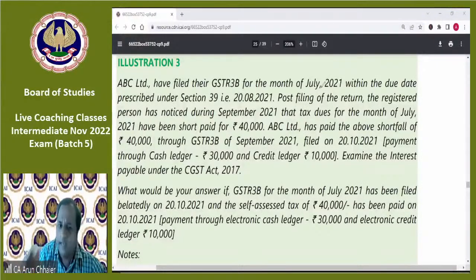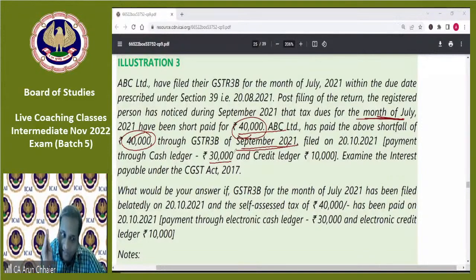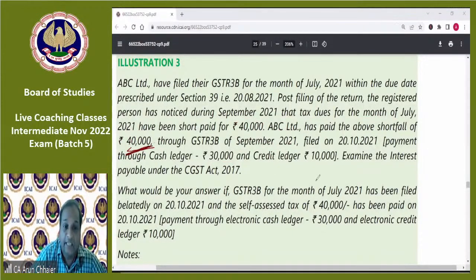Kindly give me the simple answer: whether the 40,000 which is being added in September, can we say that liability is being added in the same tax period or a subsequent tax period? Answer is subsequent tax period. The 40,000 pertains to July but has been added in September. So therefore, would interest be applicable on 40,000 or 30,000? Answer would be the gross tax liability. So 40,000